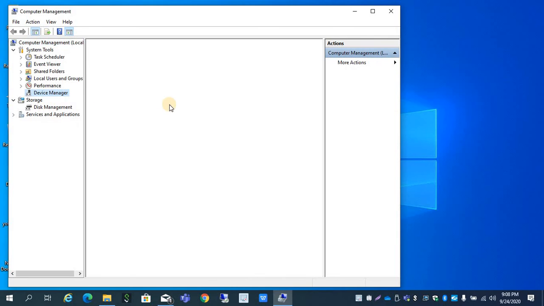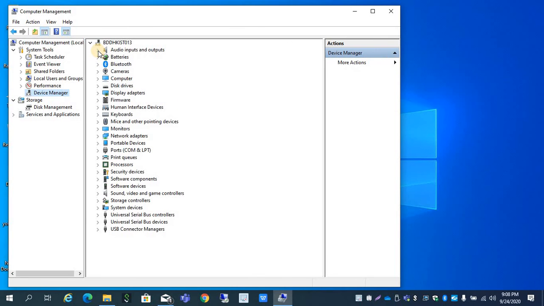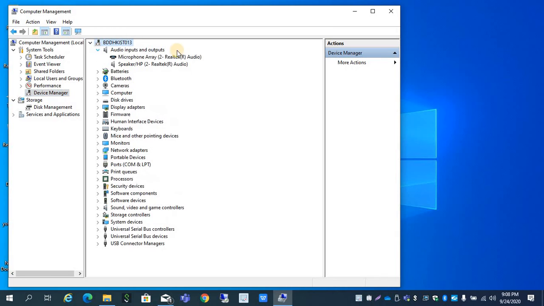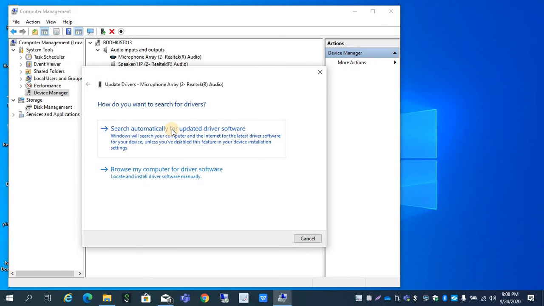and click device manager, and click audio input and output system. When your microphone is enabled and showing in your system, right-click and update your driver, and